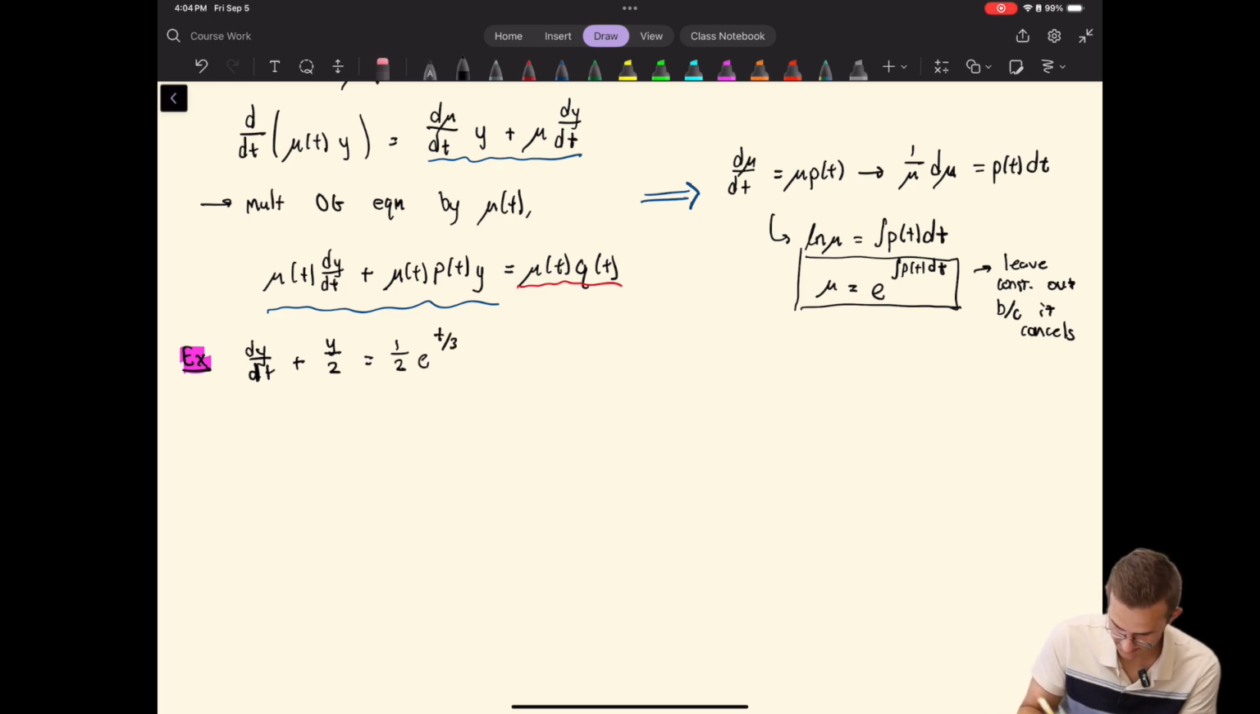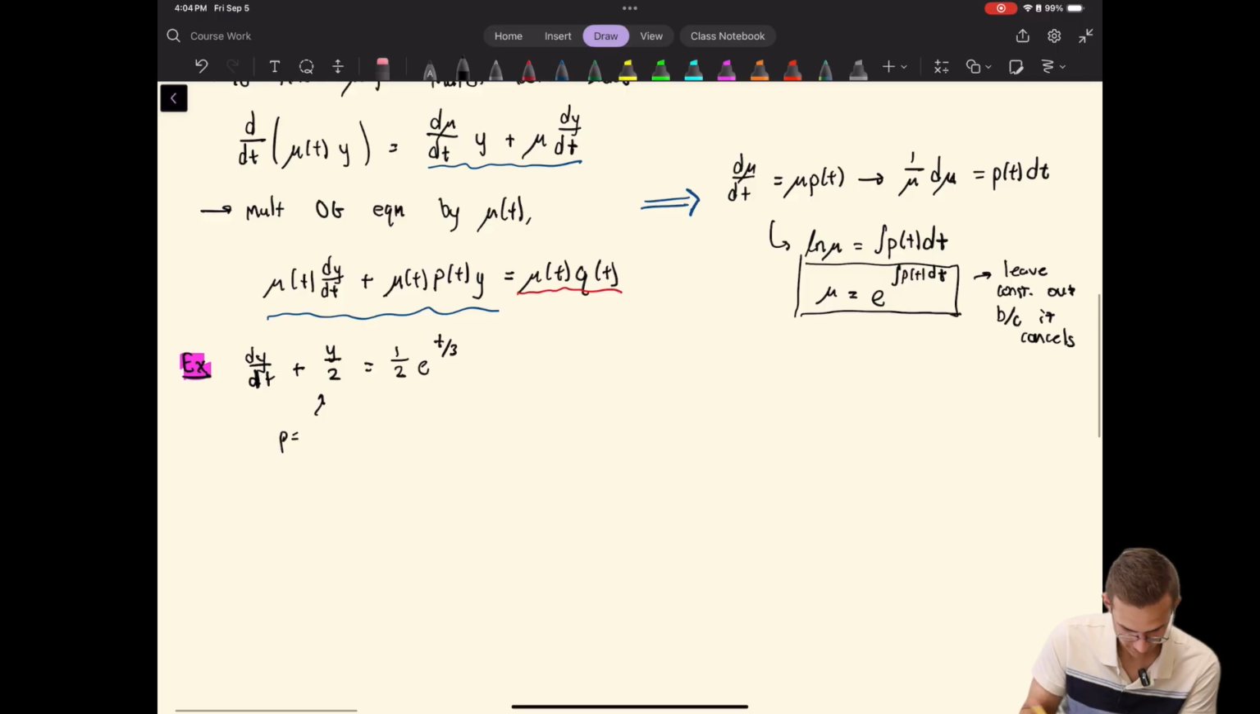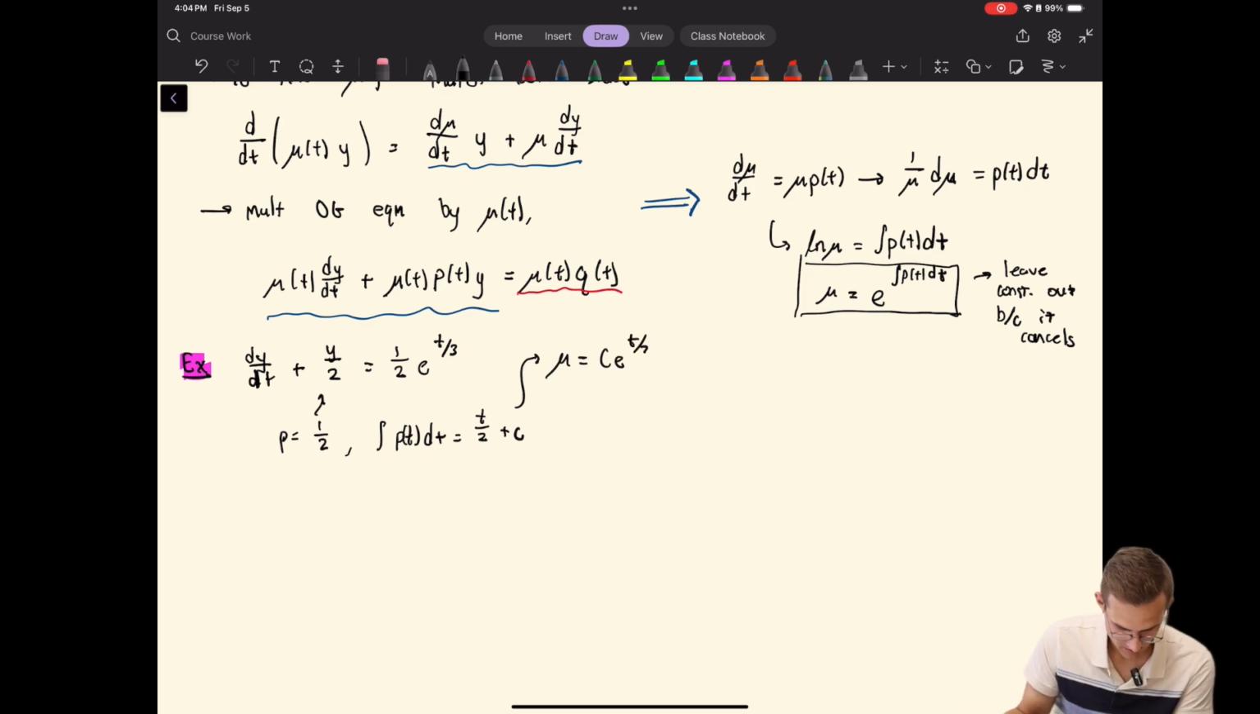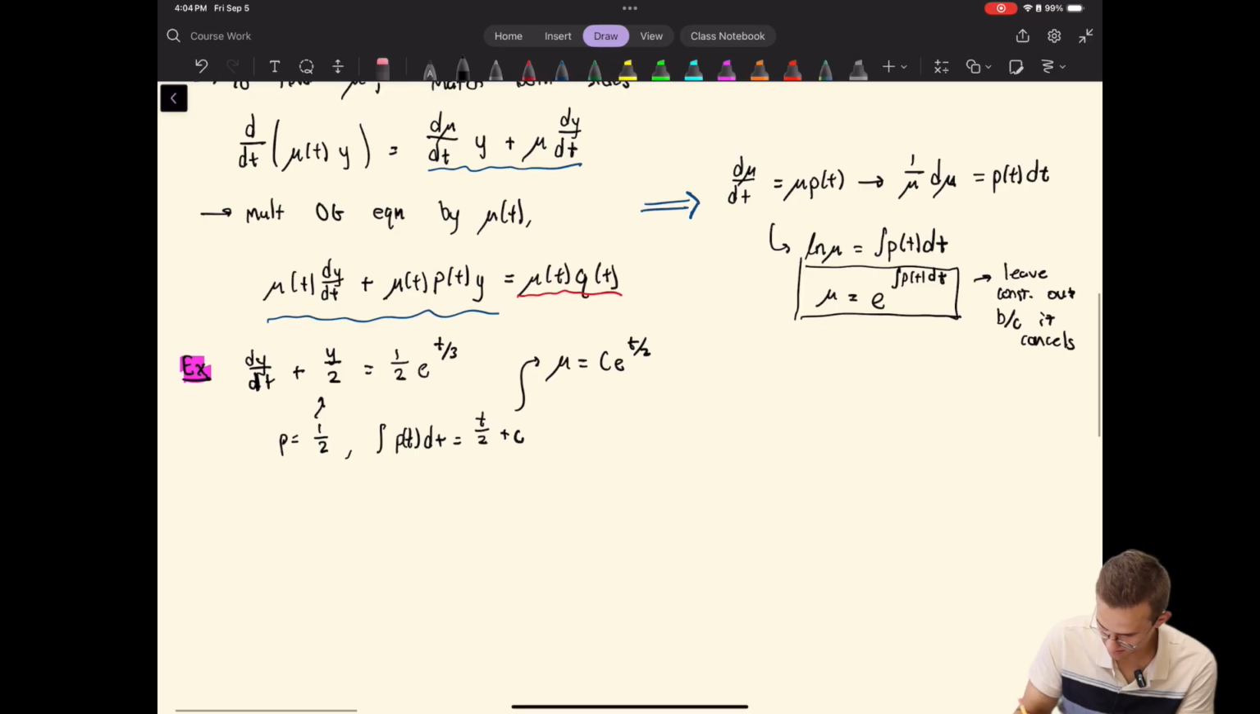Okay, so in this case we can see that p is equal to 1/2, right? It's just a constant. And the integral of p of t dt is equal to t over 2 plus c. So that tells us that mu is equal to some constant. Again, the constant is going to cancel anyway, so it's not actually important, but let's just put it in there. So c e to the t over 2. Okay? And then we can just put this into our formula. So y is equal to 1 over c times e to the t over 2. Okay? Times